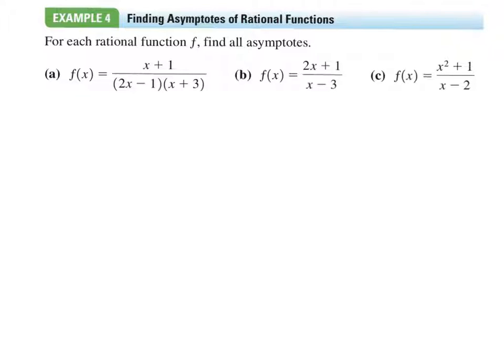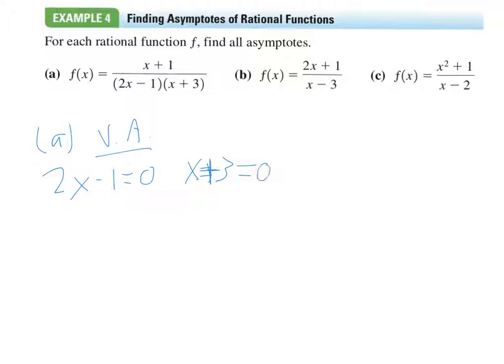Alright, here's a 3-part example. It says for each rational function, find all the asymptotes. So for part A, for the vertical asymptotes, that would be where the denominator is equal to 0, which means it'd be where 2x minus 1 is equal to 0 and where x plus 3